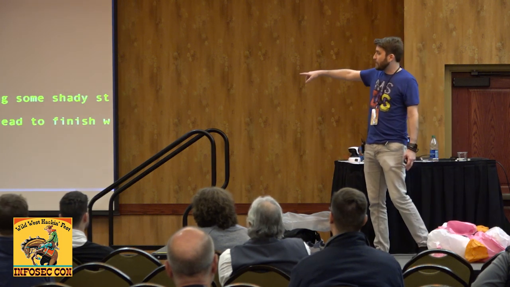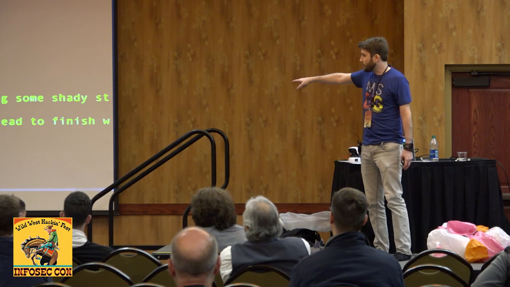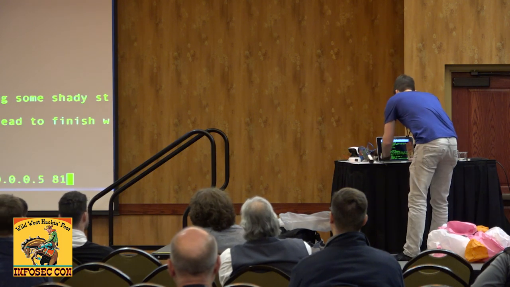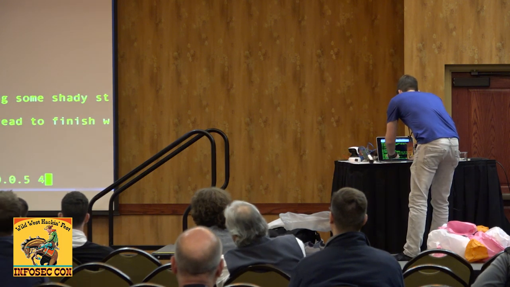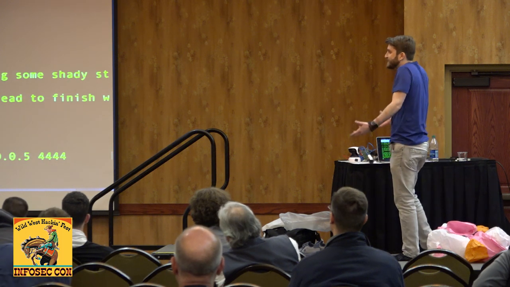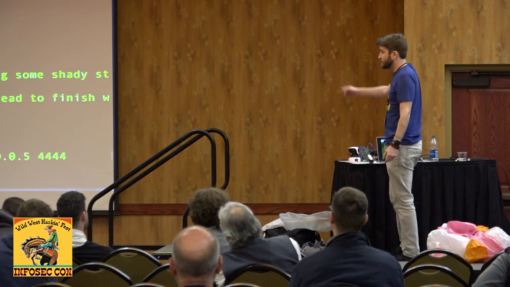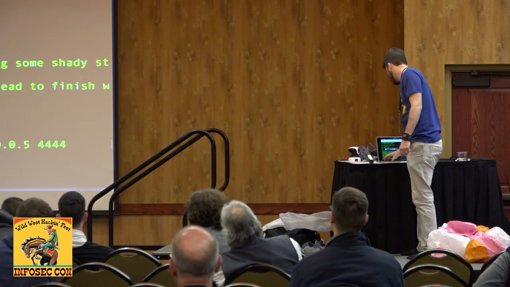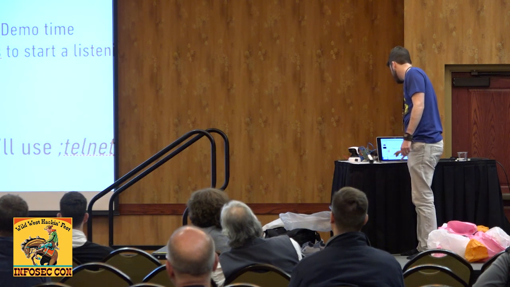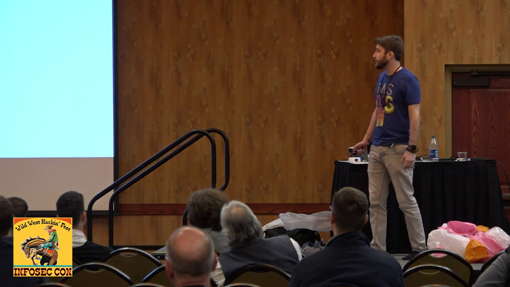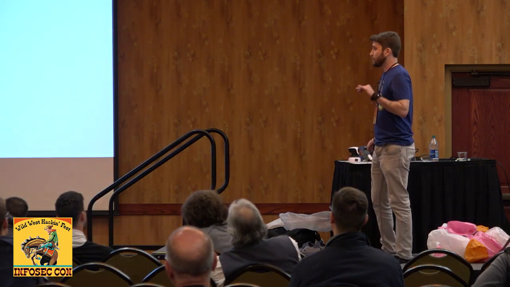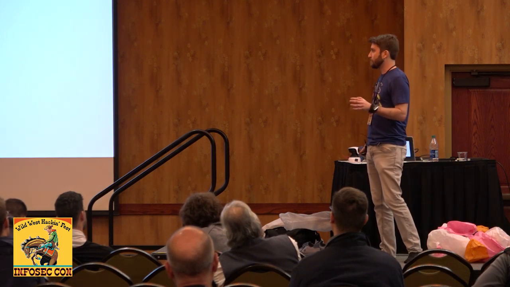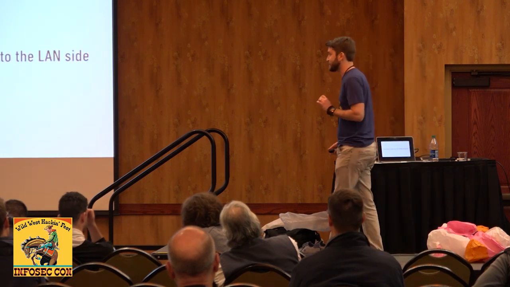So now there's a root shell waiting for me on port 4444. But if I connect to the camera on port 4444, it's not going to work. It's not going to connect because this port isn't forwarded on the router to the camera. But, as I said, we have UPnP enabled on the router. Most of you probably have UPnP enabled on your router at home. I really hope that most of you are going to turn UPnP off after you see this.